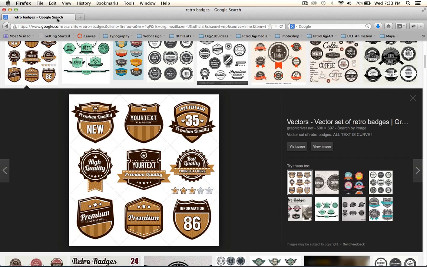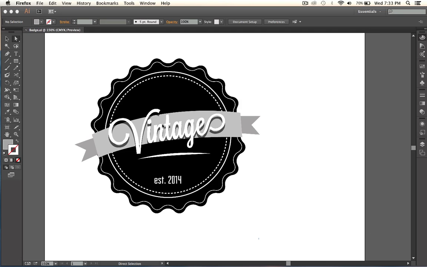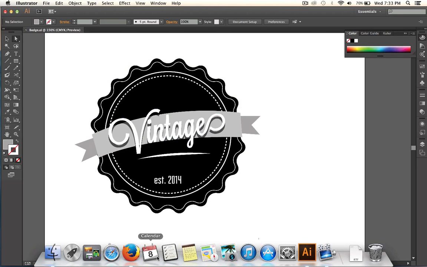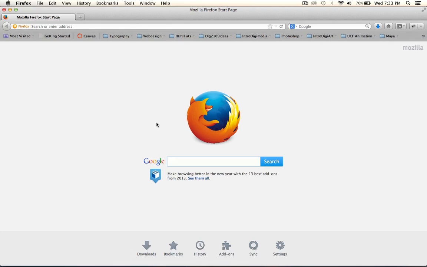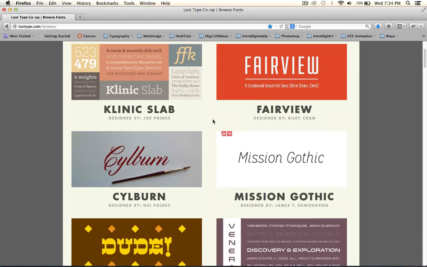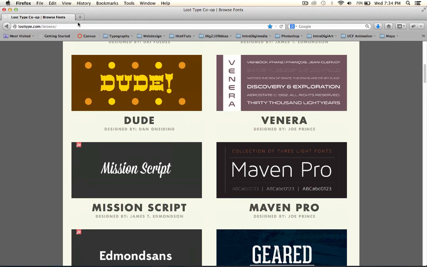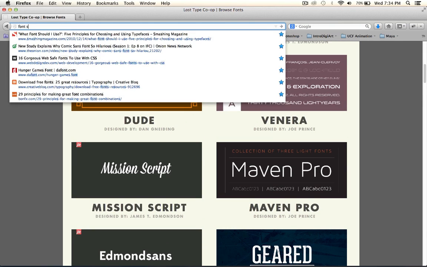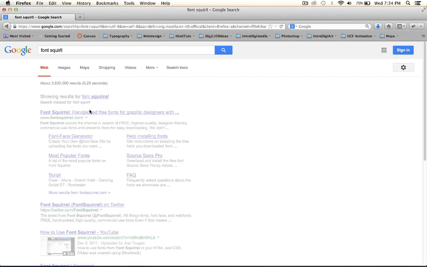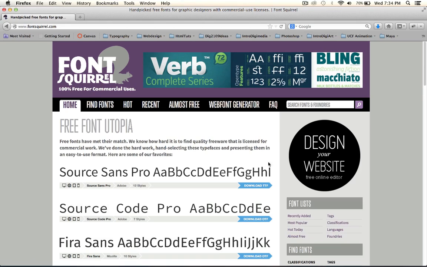So what I've already done for my badge is find a nice typeface that I'm going to work with, and I found those typefaces in a few places, one of which is Lost Type. Lost Type is a great free typeface resource where you can browse typefaces and find some really nice, amazing typefaces. The other one is Font Squirrel, and Font Squirrel, if I could actually spell it, is a great one too